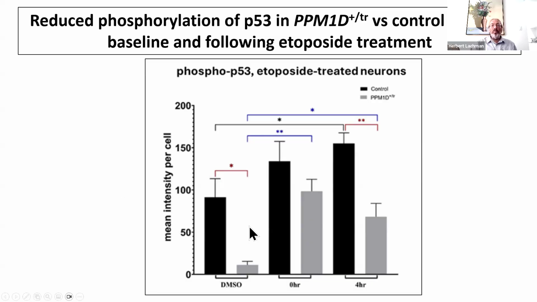And there's a significant difference in the baseline status of phosphorylated p53 in controls versus PBOND disease samples. There's a decrease in phospho-p53. Following treatment with etoposide, we see activation at 4 hours, an increase in p53 phosphorylation in both the control cells and in the PBOND disease cells. So there is some p53 phosphorylation, but there's a significant difference in the degree of phosphorylation in those cells in controls versus the